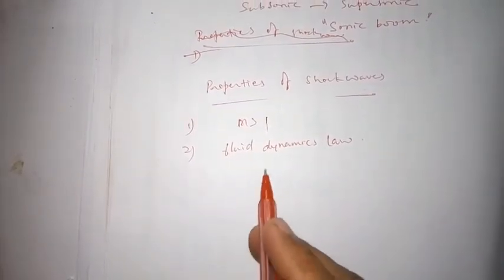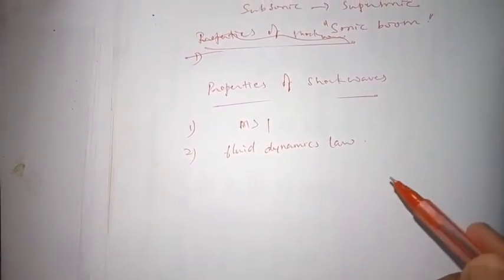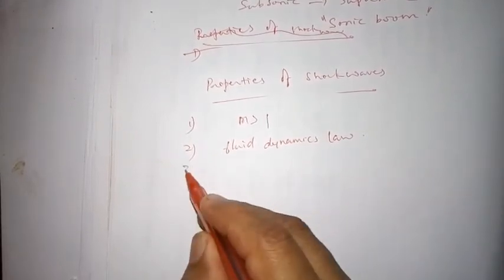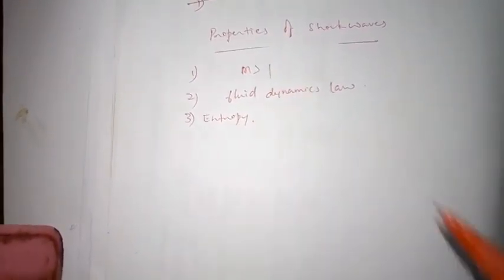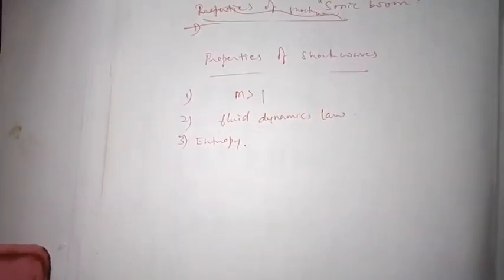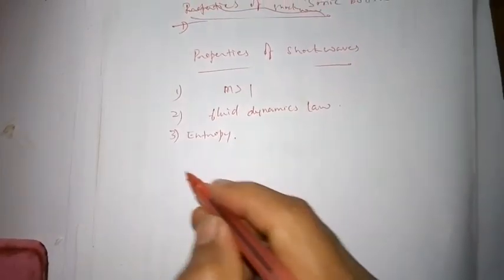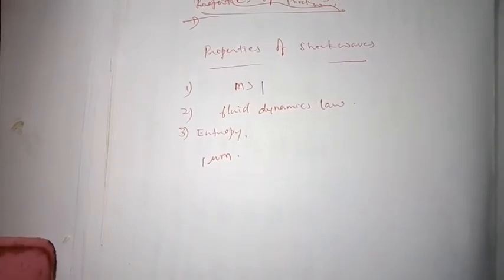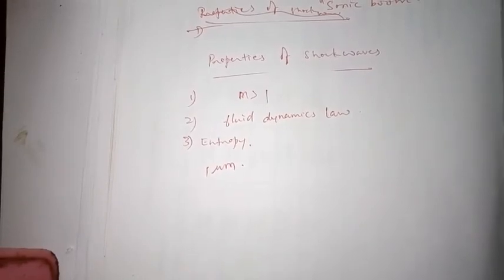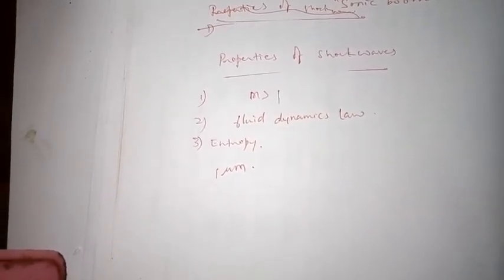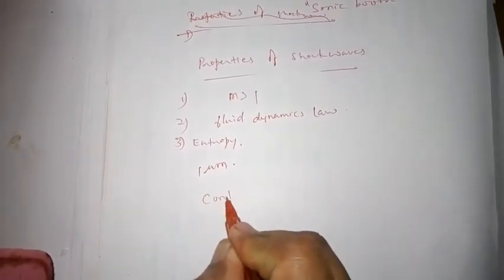The effect caused by a shock wave results in an increase of entropy. So there will be an entropy change, disorder. Across the shock wave, supersonic flow is decelerated into subsonic flow. This process occurs adiabatically. Then the shock wave exists in a medium propagated confined to a very thin space, thickness not exceeding 1 micrometer, within which the medium is subjected to an increase in pressure, temperature and density. So that means a shock wave exists in a very confined region that's known as the control volume.